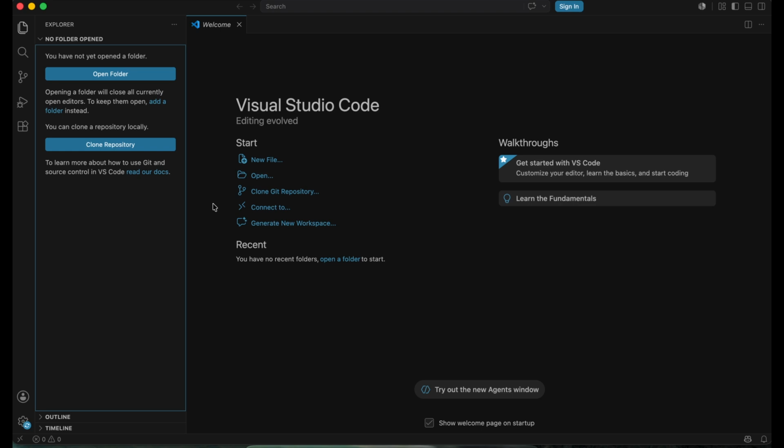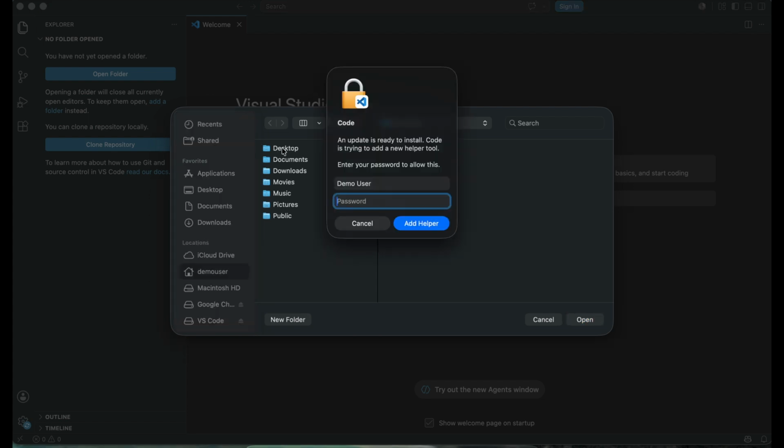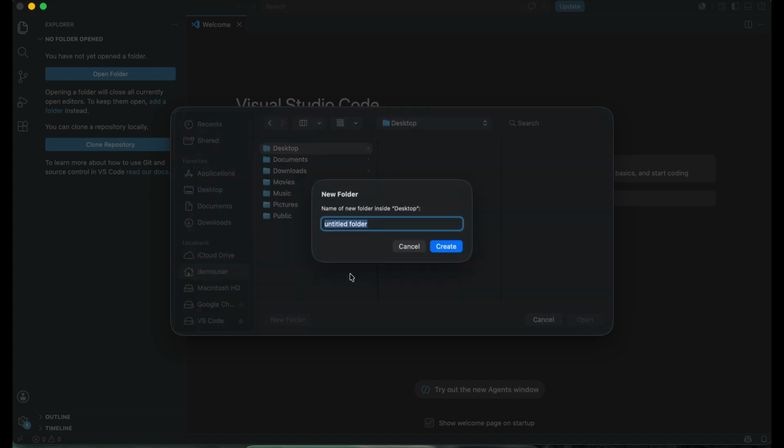This is the most confusing part about it: in most other programs, you open a new project or a new file or something like that. But because this is just a fancy file manager, we're actually going to open a new folder, and the entire project is going to be contained within that folder. So the way to open a new project is through this open folder command. What you want to do is create a new folder wherever you want to save it. I always save mine on the desktop because it's the easiest place for me to find it. So that's where I'm going to save it.